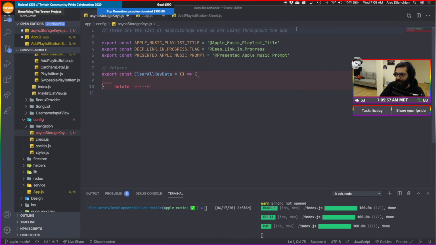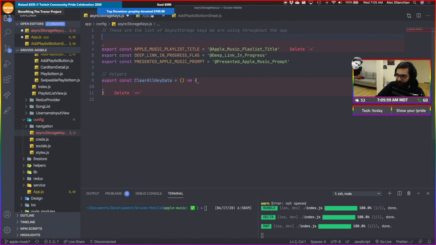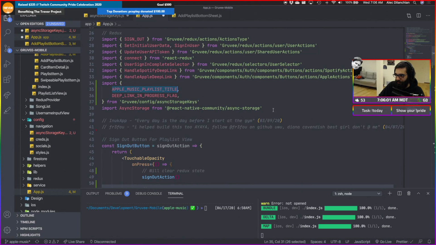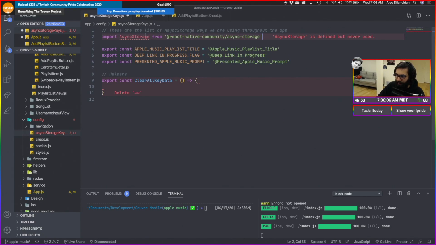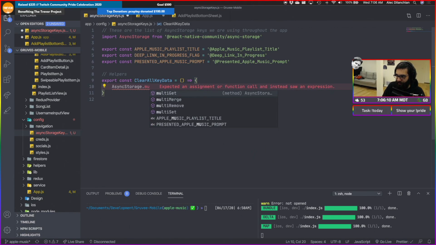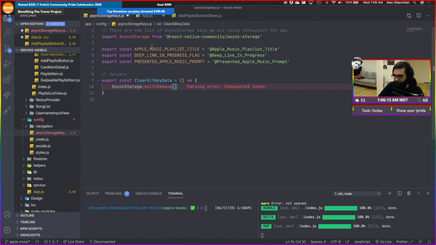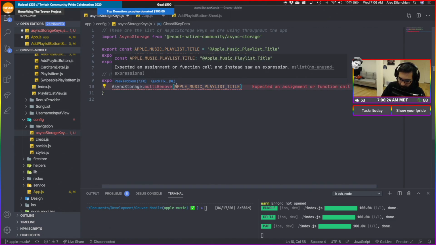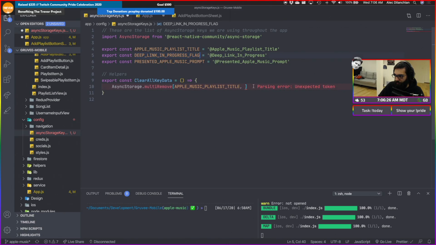And then here, what we can do is import our async storage. Yeah, import this guy over here. And then we can do literally async storage dot multi remove. And then we can just do our list of items here.